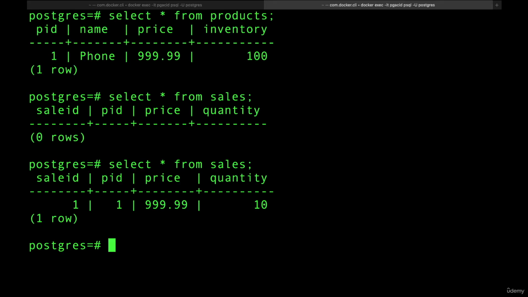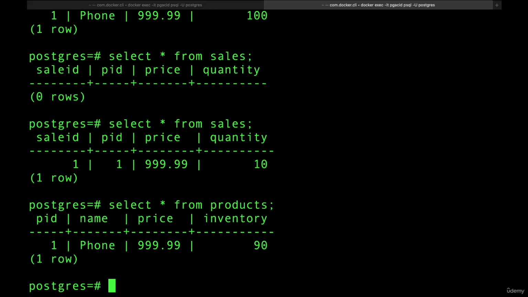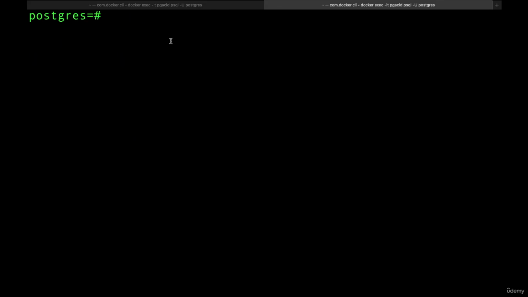Now, if I query it again, you can see that we have a sale now. It's not 0, so there's a 1. And if you query the products table, you can see there's 90. So what we're talking about here is atomicity. We talked about consistency, because if you don't have atomicity, you